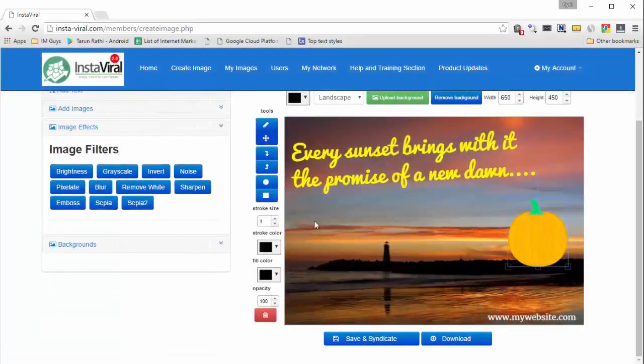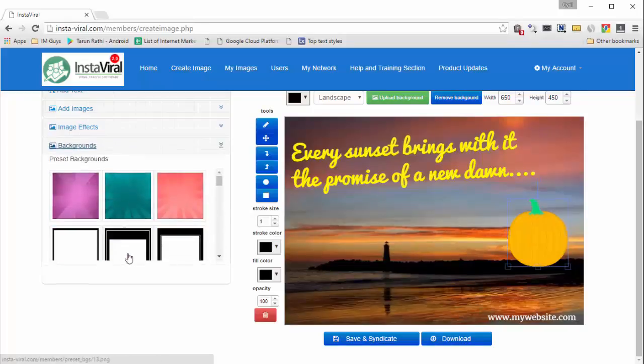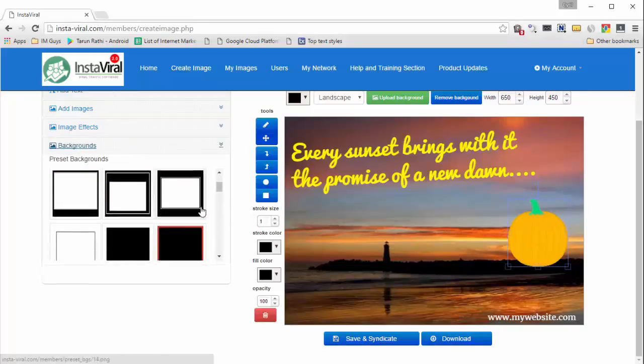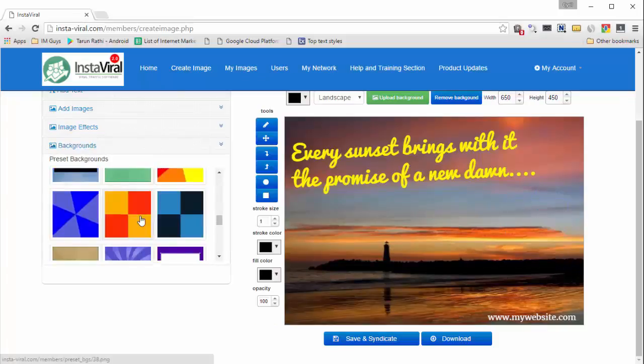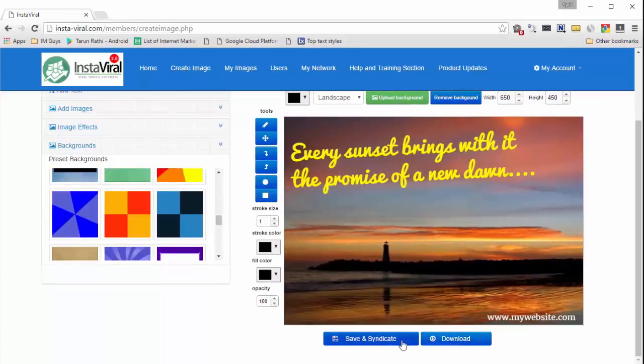feature is image effects. And InstaViral supports a number of pre-available Photoshop quality effects. You can do things like adjust brightness, make the object or the image grayscale, invert it, and finally you can select from a number of available backgrounds. And finally, when you're done, you can either download this image to your computer, or if you want to syndicate